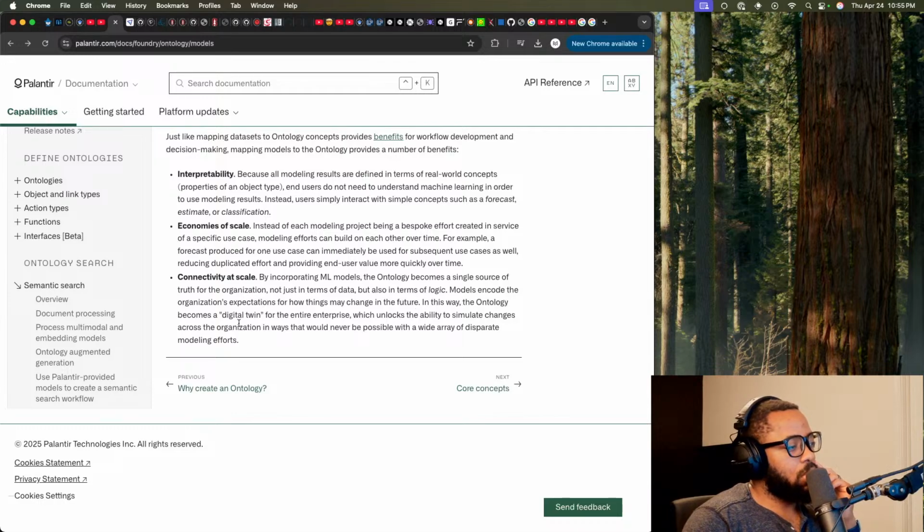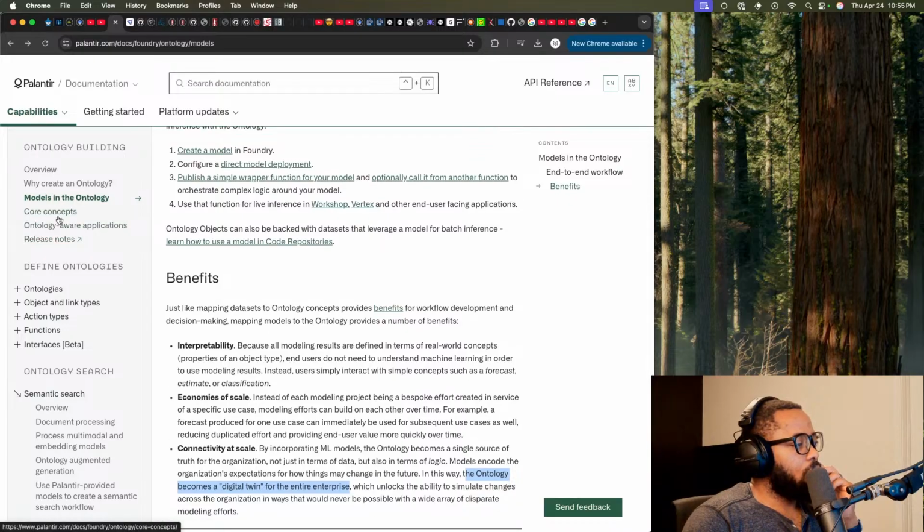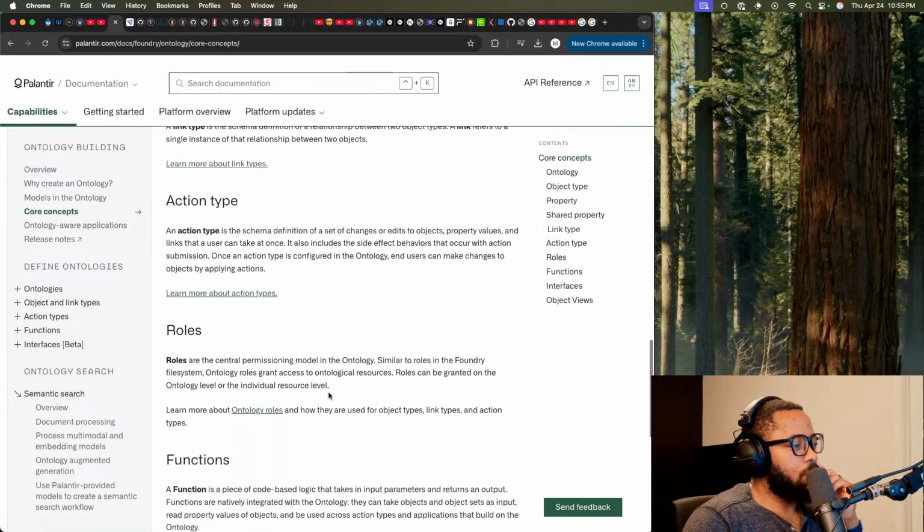In this way, the ontology becomes a digital twin of the entire enterprise, which unlocks the ability to simulate changes across the organization in ways that will never be possible in a wide array of disparate modeling efforts. That's right. Okay, core concepts.